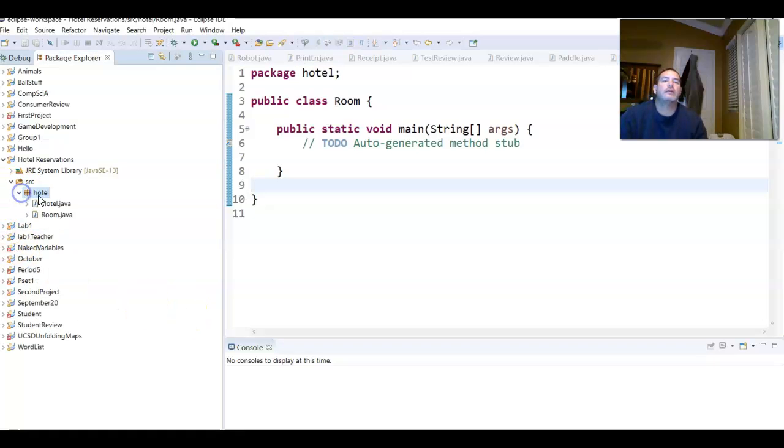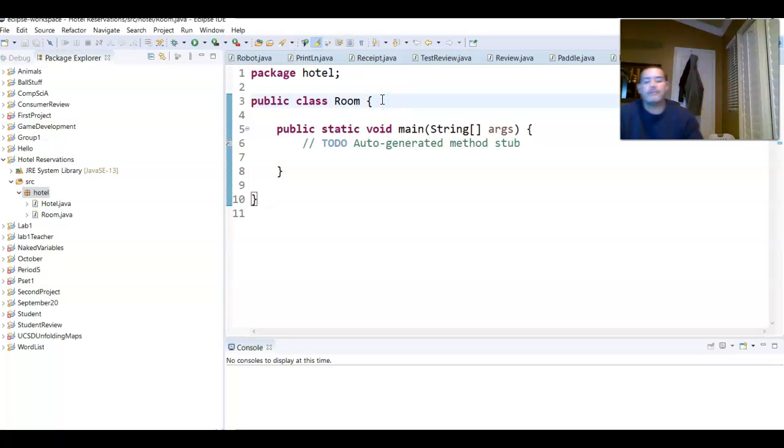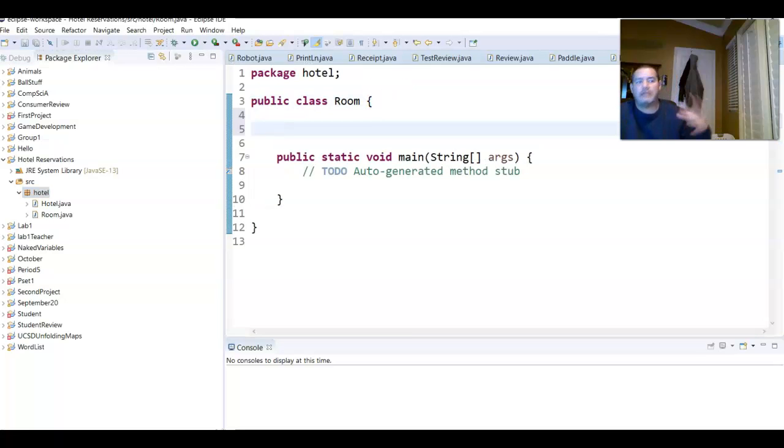Anyways, what I've done is create a little package called hotel. I have a hotel class and a room class. I do have a public static void main in the room class. I'm just going to put that in there for right now so we can test some things out. But ultimately, we'll have our own tester class. For right now, just so I can test some stuff out, I'm going to have public static void main